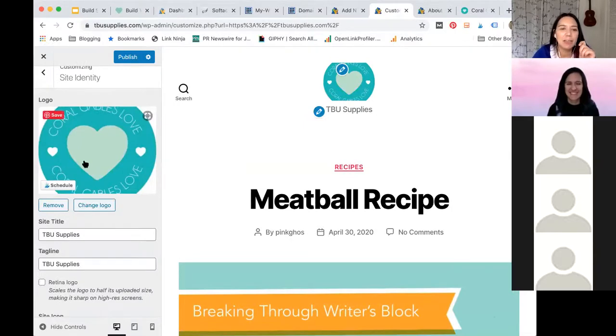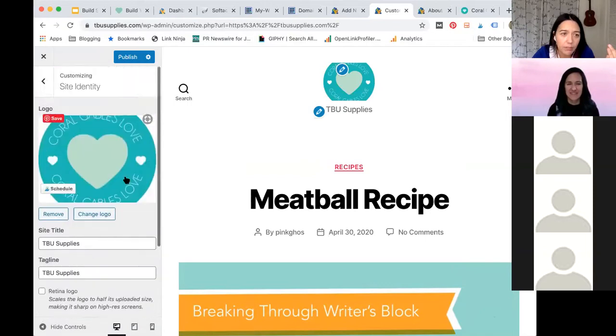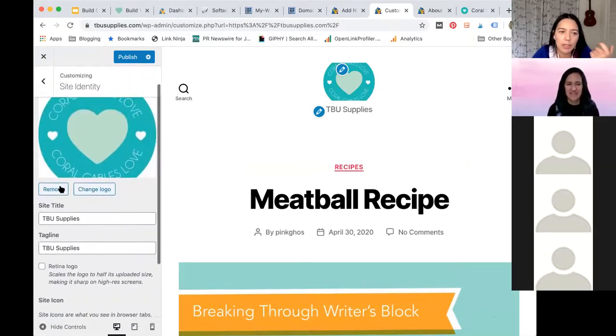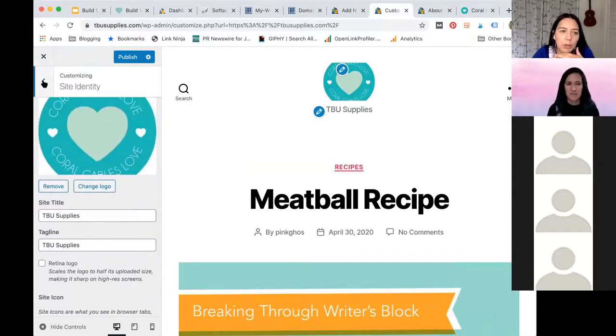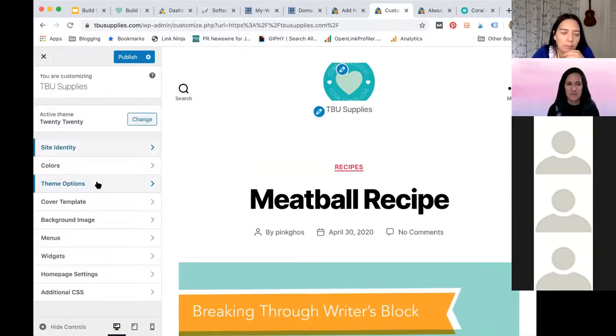Okay, so our logo is showing up at the top of the website. You can go in here and take the logo off, or you can change the logo. So we're gonna go back, and it has some theme options, but first let's get that menu, which is one of the most important things with your website, figuring out the right menu. So we're gonna go to customize menus,